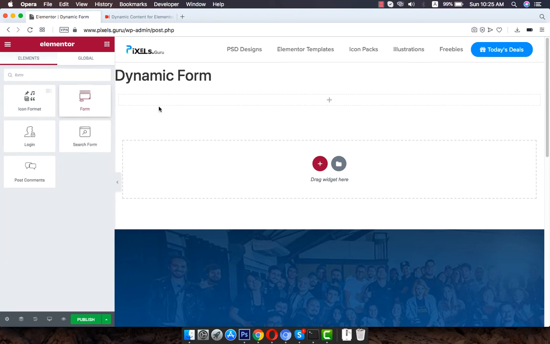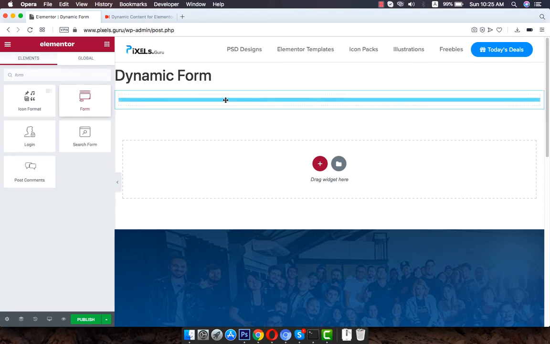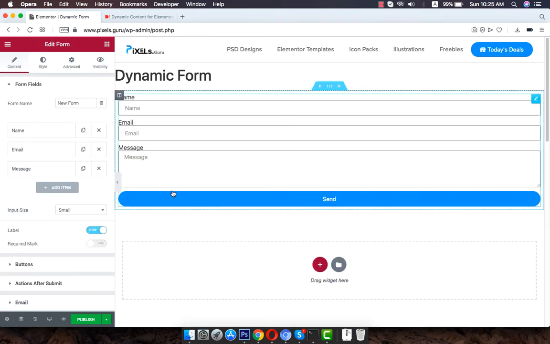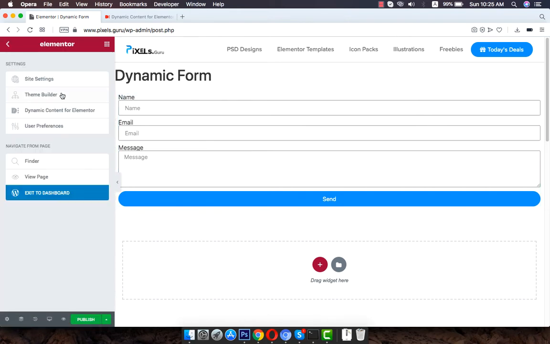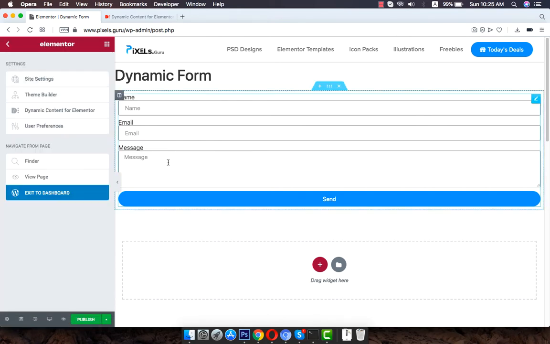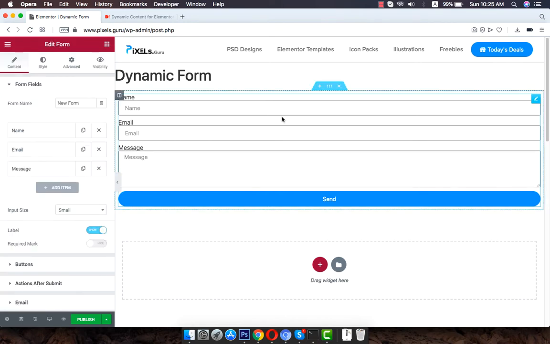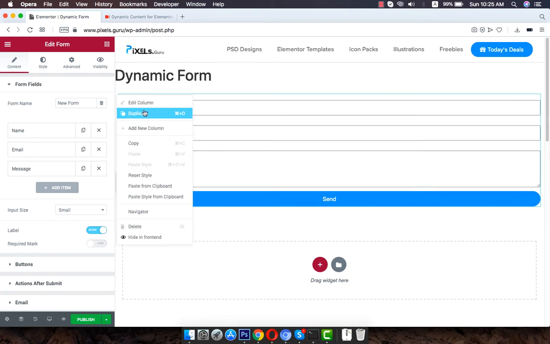So here's the form. Don't worry, these stylings are coming from my theme defaults that I have already created inside settings, like the radius and button colors. So let me quickly jump to things.